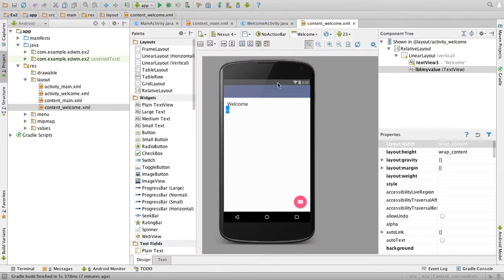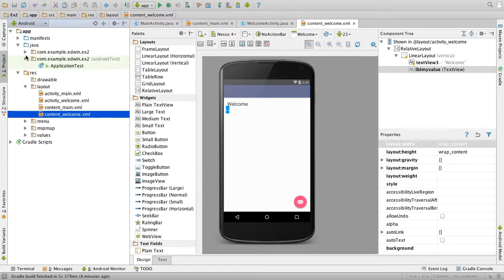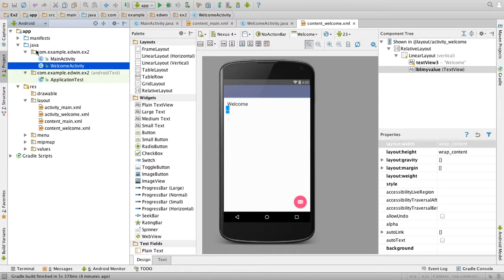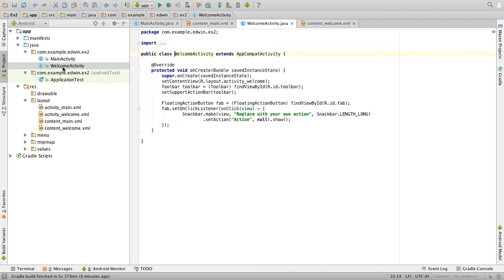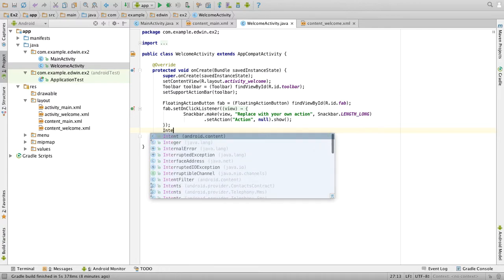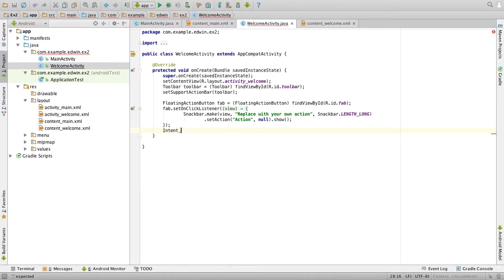Now in the second activity we have to just display some content here. So we'll open the Java file, that is WelcomeActivity. Come here inside the Java folder, open this WelcomeActivity. In the onCreate function, first we'll get the intent. So Intent nn equal to getIntent(). Now we have to display the things.